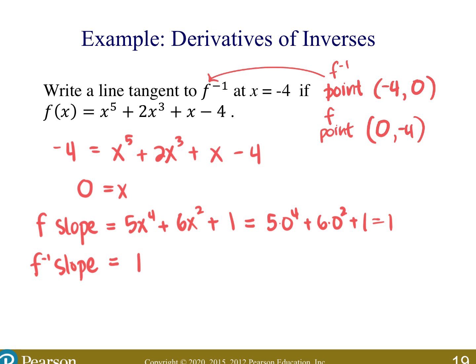So then I can write my tangent line. Just make sure that you use the right point when you write your tangent line. This is supposed to be the tangent line to the inverse. So since it's to the inverse, you have to use the point that is associated with the inverse. And so we'll have y minus, and that point value would be 0, slope value of 1, x plus